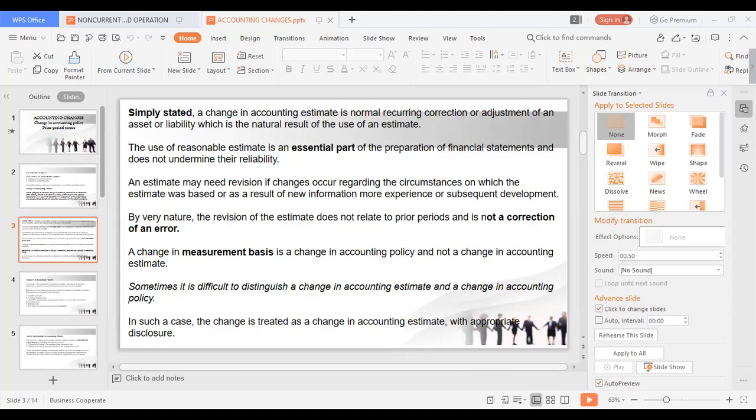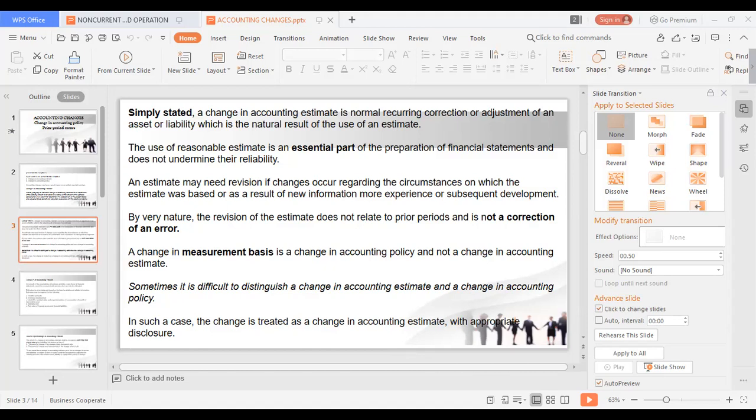So we divide 4,400,000 by 10 years or 440,000. The total charge against 2020 income is 940,000. So that's letter A. Then we go to the multiple choice problems. A change here. Let's begin with